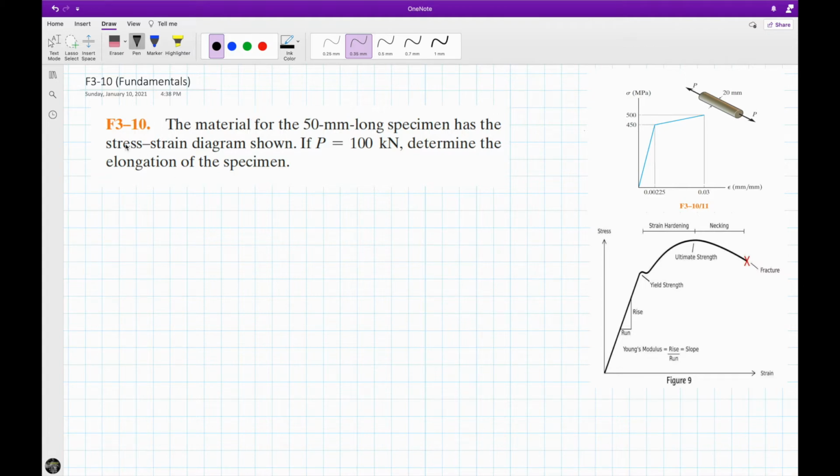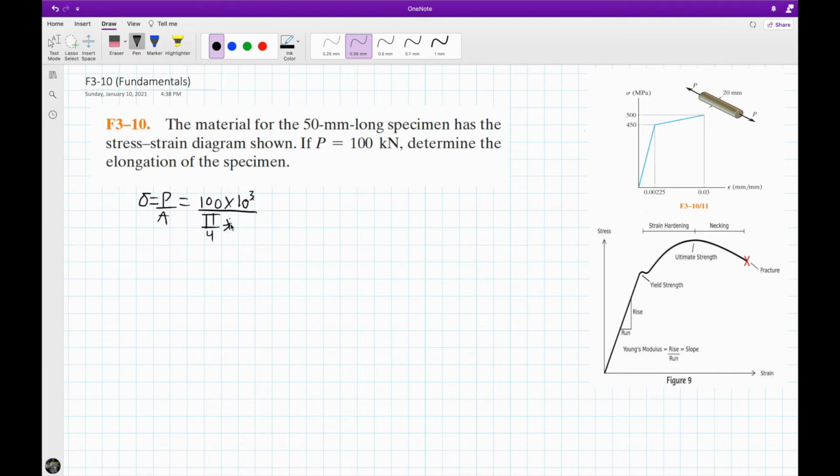Our first step is to calculate the stress that this specimen undergoes. To do this, we simply use this equation that we have used in past videos, which is your stress equals your P, your force, divided by your area. And we have a force of 100 kilonewtons, which we want to convert to newtons. We just simply multiply times 10 to the 3. And we would divide by your area,